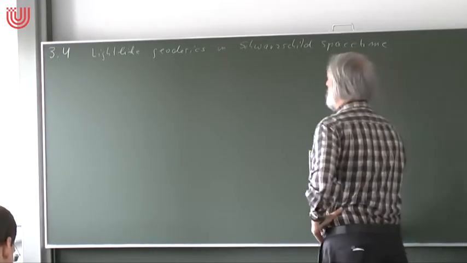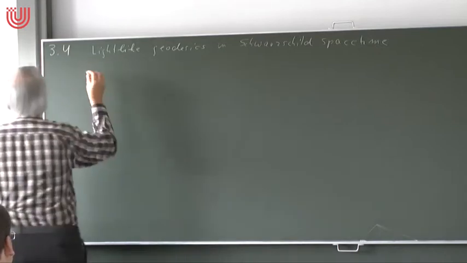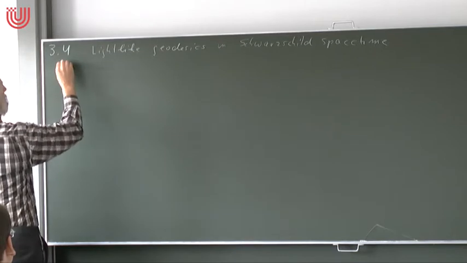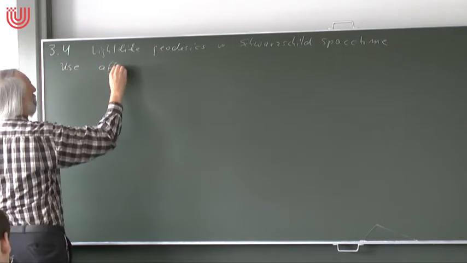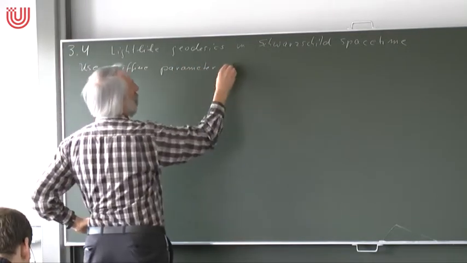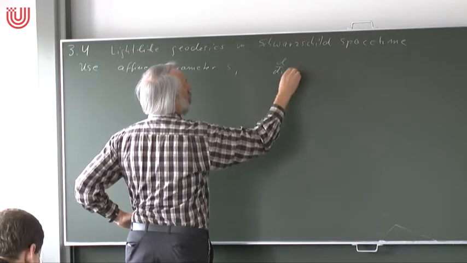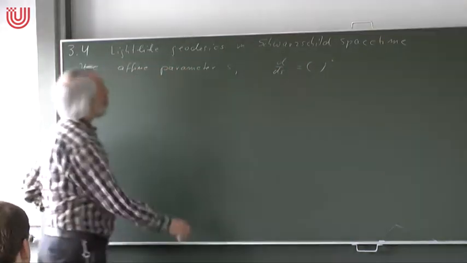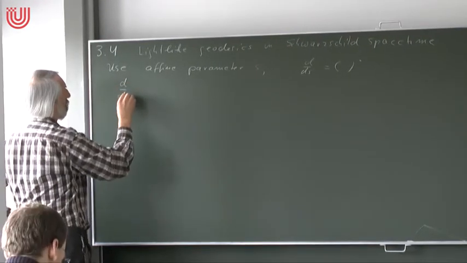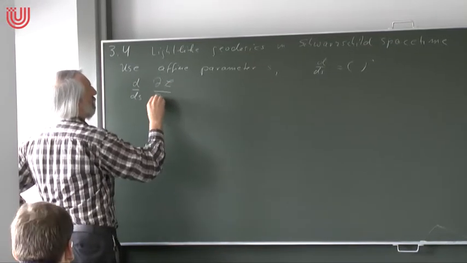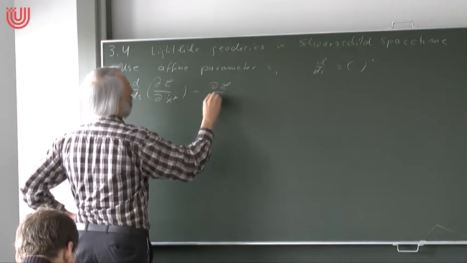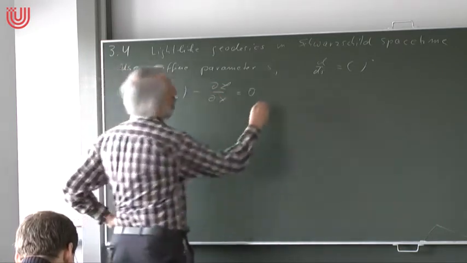Okay, so geodesic equation, we already had the geodesic equation. Now we have light-like geodesics, we parameterize them by an affine parameter. So for light-like geodesics we use proper time, and we write for d by ds just the dot. And then the geodesic equation is d by ds now, not d by d tau, of dL/dx^mu dot minus dL/dx^mu is 0, where L is the Lagrangian for the geodesics,